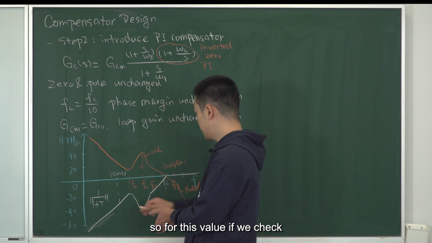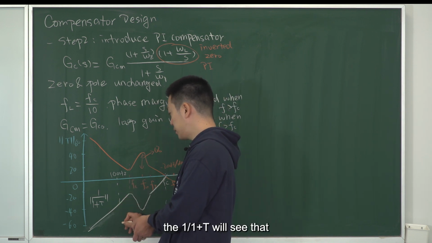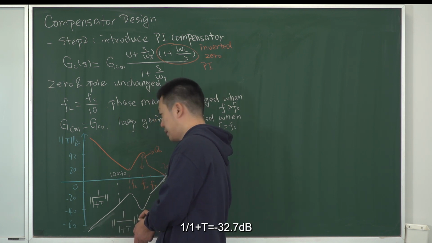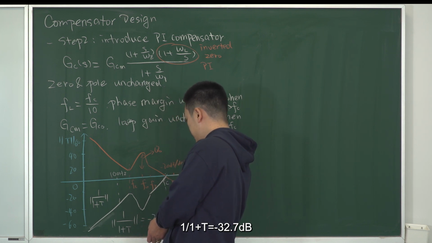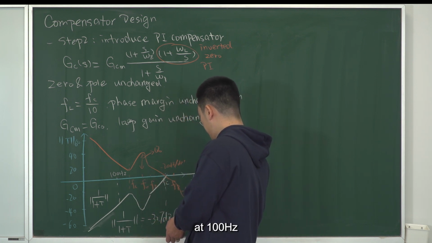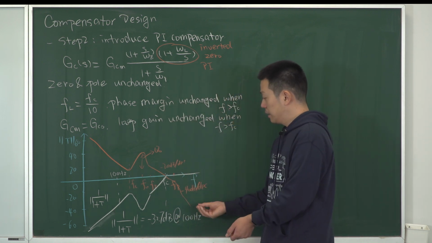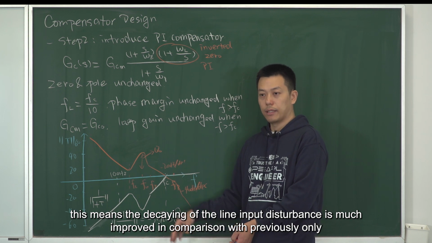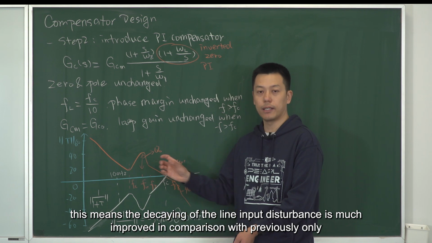For this value, if we check 1 over 1 plus T, we will see that it equals minus 32.7 dB at 100 hertz. This means the attenuation of the line input disturbance is much improved in comparison with the previous PD